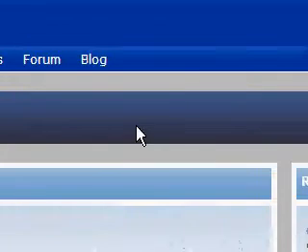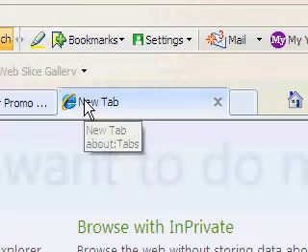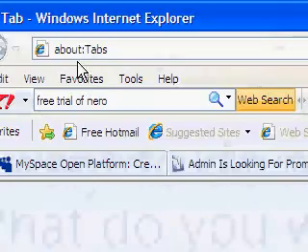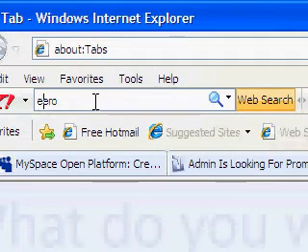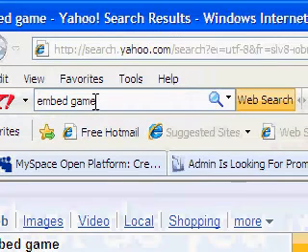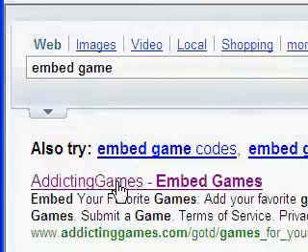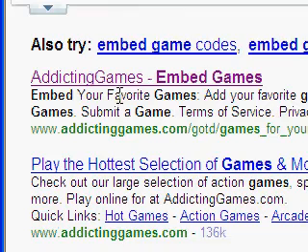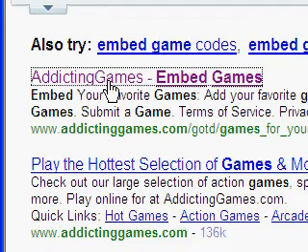Third, it's time to do a little homework. Yes, a little homework. Let's go ahead and search for embedded codes or embedded games, whichever you want to search. Once you do, you will have a list of websites that have embedded codes. I like using addictinggames.com. So once you have established a website for embedded games,